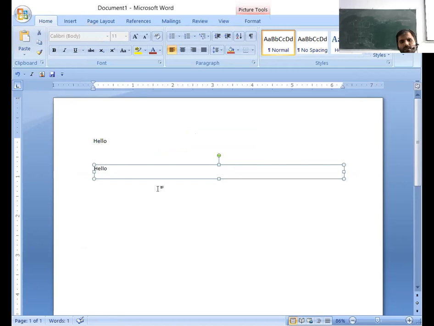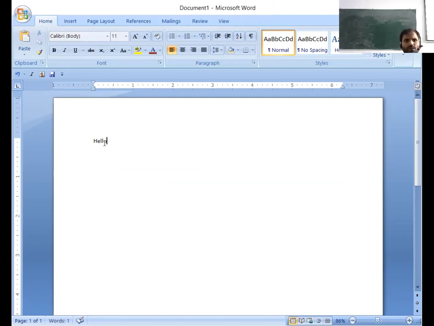Then you can see I have pasted it, and it is in picture format. So through the paste option, we have different options. Either I want to paste in some different format, then I can choose paste special, and in the normal way I will choose only paste.